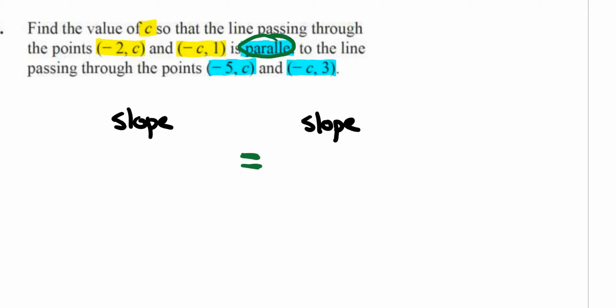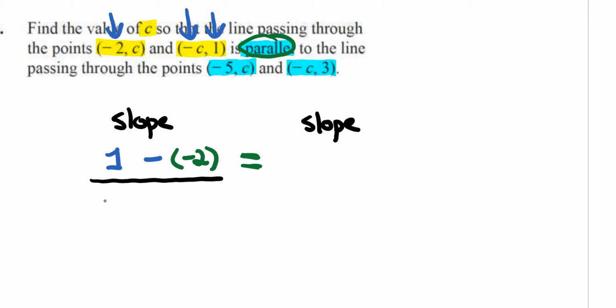All right, so we know that parallel means that the slopes are equal. Let's go ahead and find an expression for the slope for the yellow coordinates. So that's going to be y2. So y2 in this case is going to be 1 minus y1, which is going to be -2. So I'll put that in a bracket, -2, all divided by x2, which is -C. So -C minus